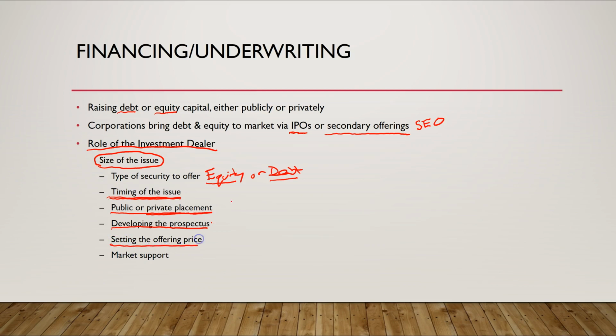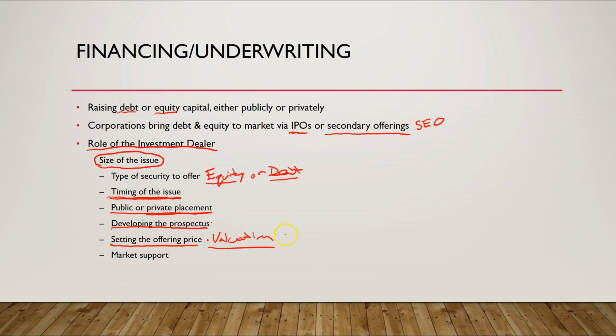We're going to look at a couple of different examples of these documents in a second. Setting the offering price, again, like I said, these investment dealers, investment banks, they know how receptive the market is going to be of this. They may understand it and put some sort of valuation on the firm, right? Many firms think sometimes they're worth more than what they really are. The underwriter is going to have to come in and put some sort of valuation on that firm, and there are different methods they can go through to do that.